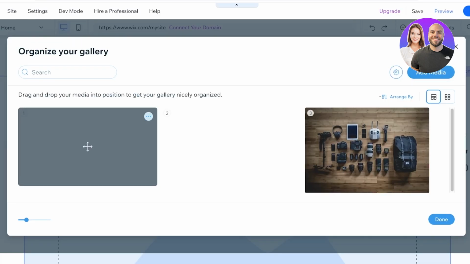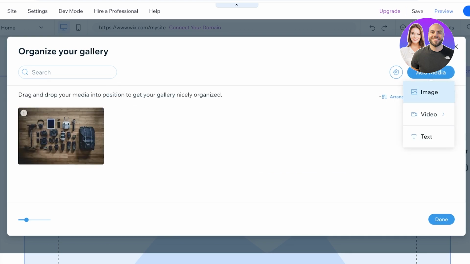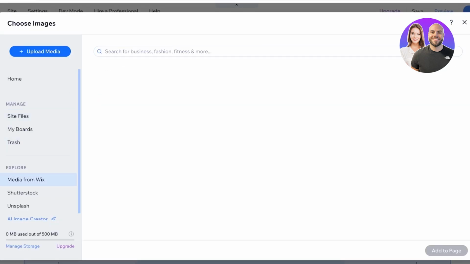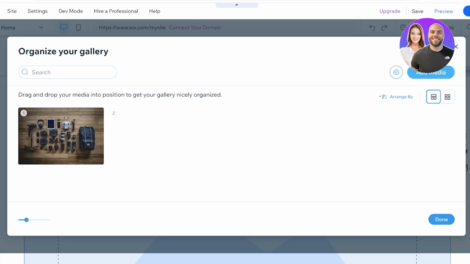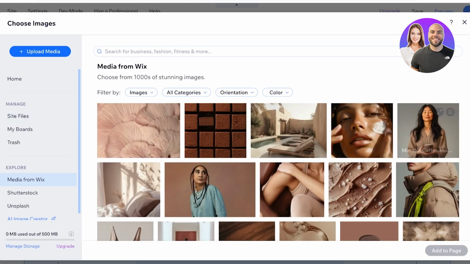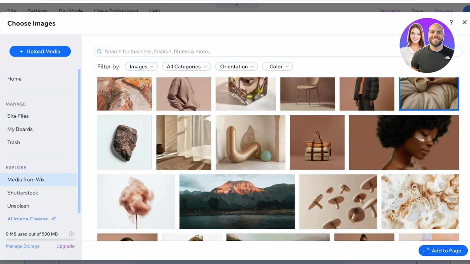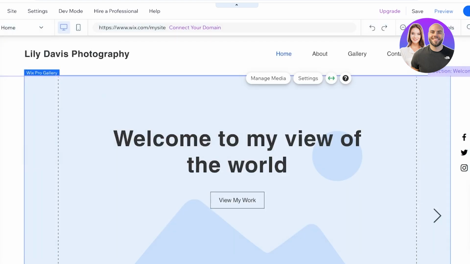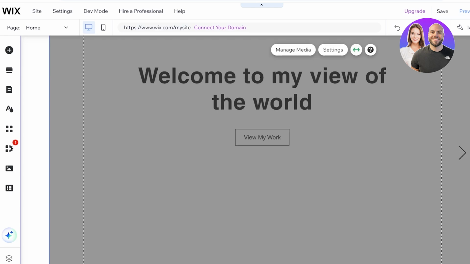I'm just going to remove all the extra content and then add media, add image, going into media from Wix. We're going to click on add page, image, and then I'm just adding 3 images to represent my photography portfolio in my homepage. Once I've done that, I can click on done and the images in my homepage slider have